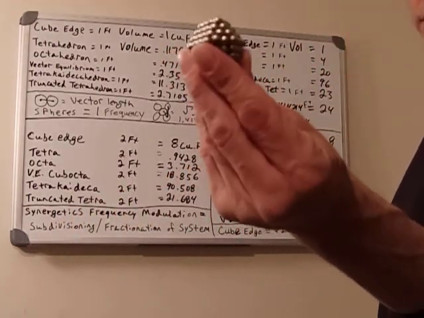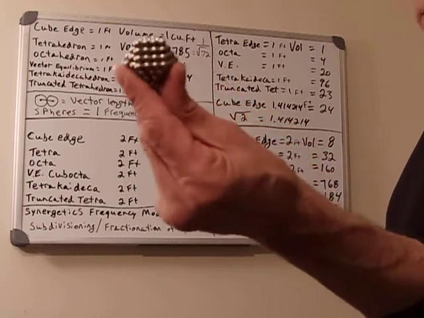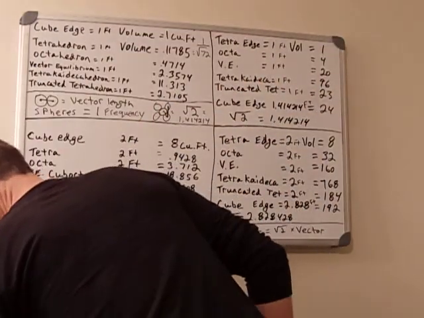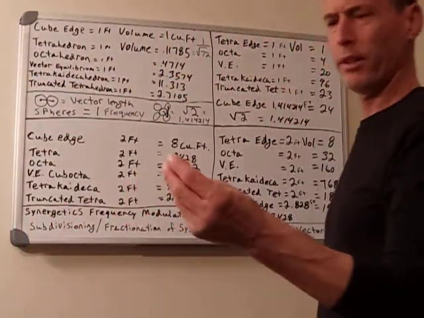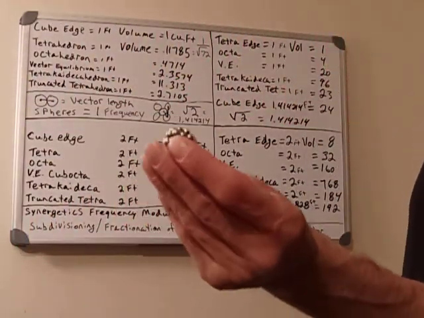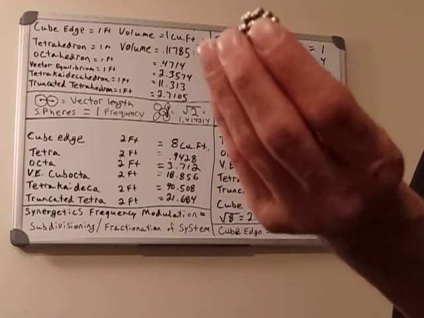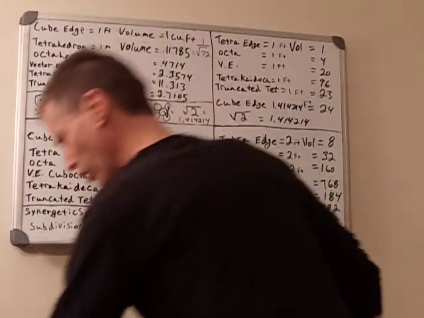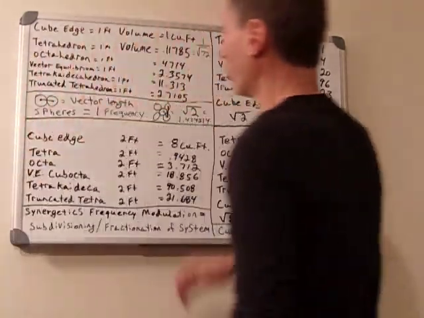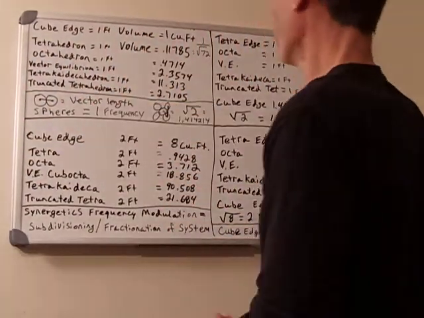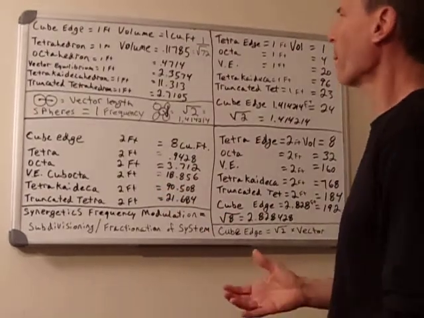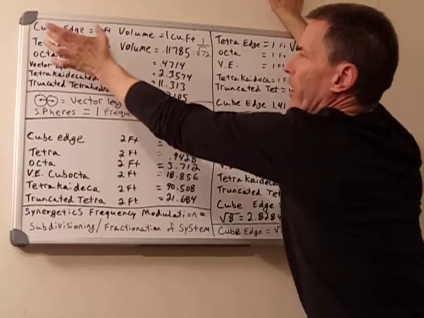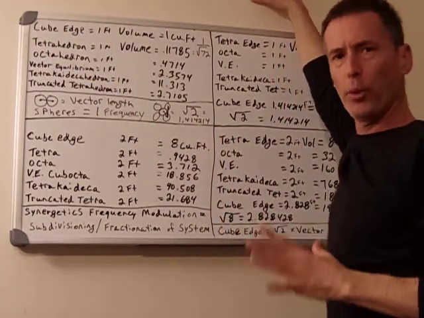It has 14 faces, 8 of them are triangular, 6 of the faces are square. There's a tetracadecahedron. It has 8 hexagonal faces and 6 square faces. That's the tetracadecahedron. So see, these are different shapes. We know what the cube looks like. I don't have a model of a truncated tetrahedron. Basically, what you'll notice then is that when you use the edge length of the cube, it sets up what's called an irrational